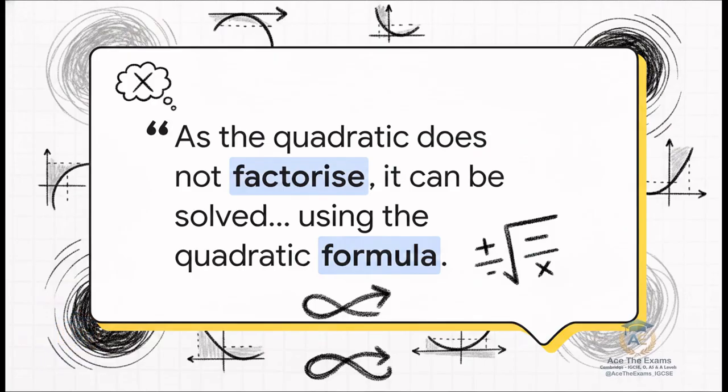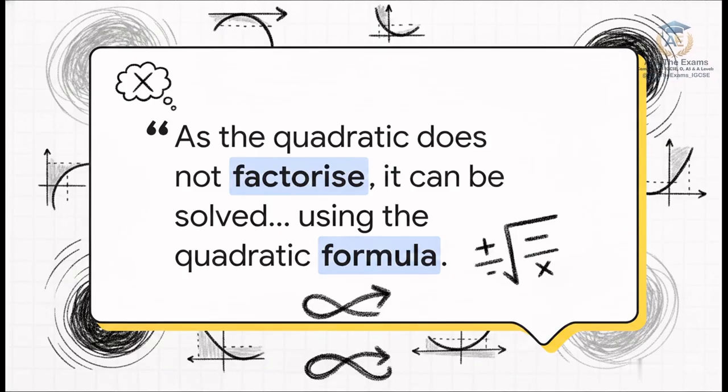All right, let's get back to the strategy. We are now reaching the highest level task of this entire topic, solving for x when your composite function is set equal to 0. I want to read this quote from the source text aloud, just to normalize the complexity for you. It says, as the quadratic does not factorize, it can be solved either by completing the square or using the quadratic formula. If we set our beautifully simplified expression x squared plus 2x minus 1 equal to 0,